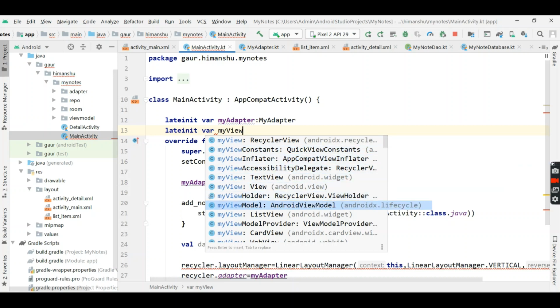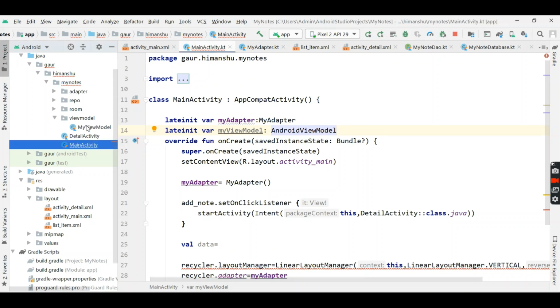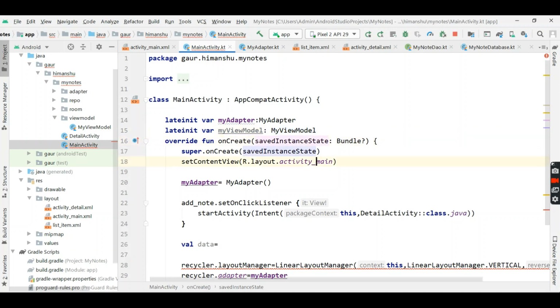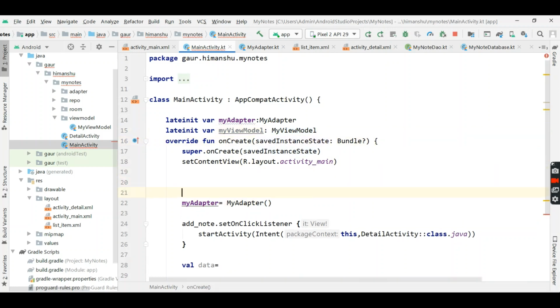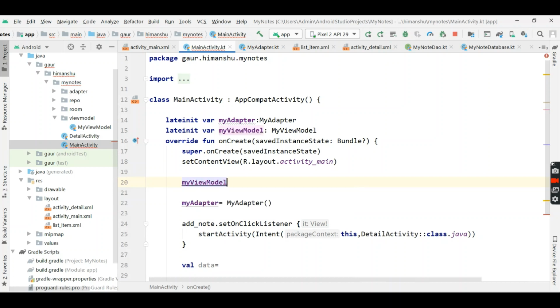Just make sure our name is correct, my view model. This is not an Android view model, this is my view model.